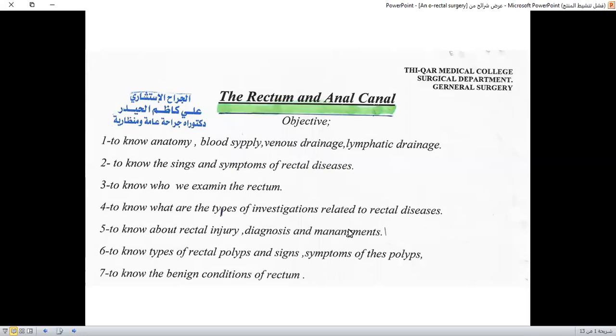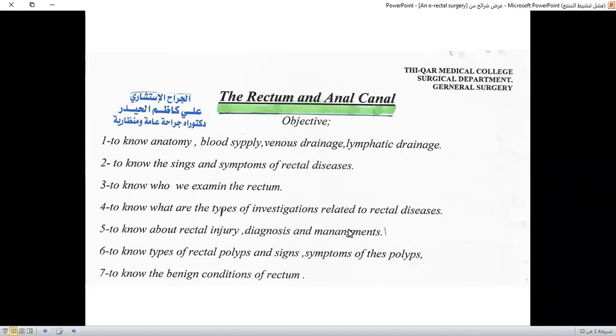بالمحاضرات السابقة أخذنا محاضرات 2 على البنكرياتيك سيرجري، محاضرتين على الانال كانال، واليوم والخميس إن شاء الله محاضرتين على الريكتوم. بالسيرجري اوف ذا ريكتوم يهمنا الاناتومي blood supply, venous drainage and lymphatic drainage, and to know signs and symptoms of rectal disease and how to examine the rectum, type of investigation, rectal injuries, diagnosis and management, and type of rectal